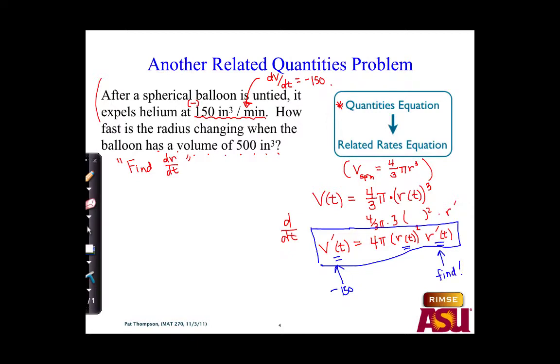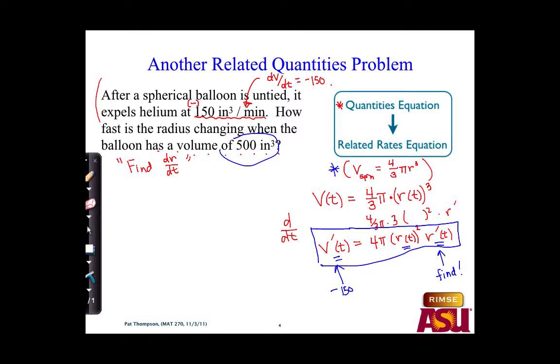So that means we must somehow know the radius at this point in time. And we have another number up here that we didn't use, which we need to use. But it's not a radius value, it's the volume value. However, if you know the volume of a sphere, then you can find its radius. It's just not a pleasant number. Agreed? We have a formula for it, in fact, written right here. If I know that the volume is 500, I can solve and get the radius. If I wrote this up properly earlier, I believe it's about